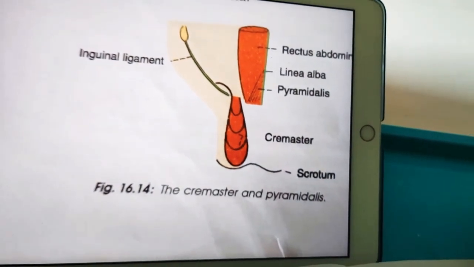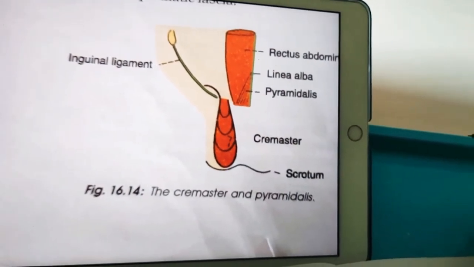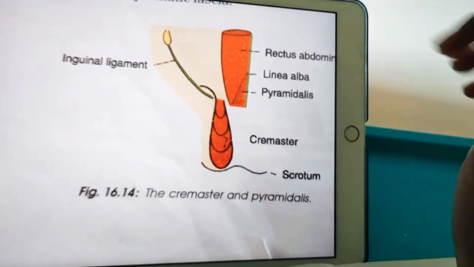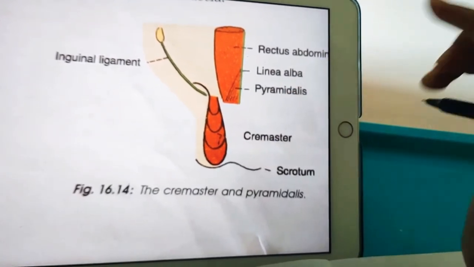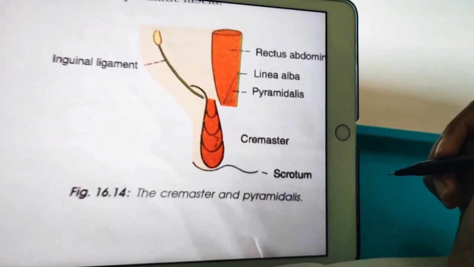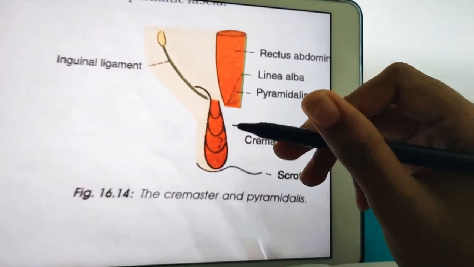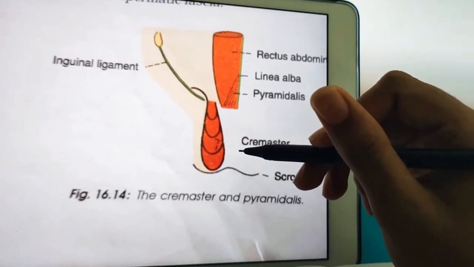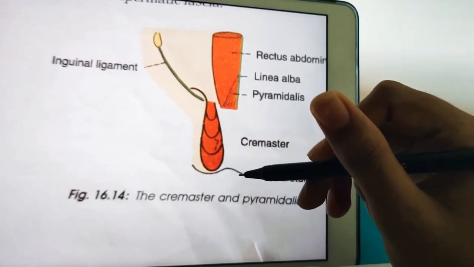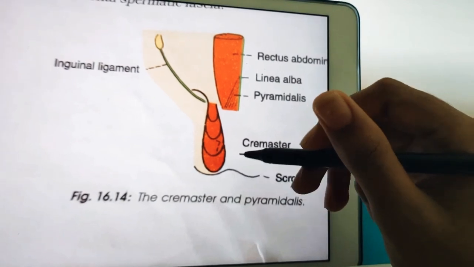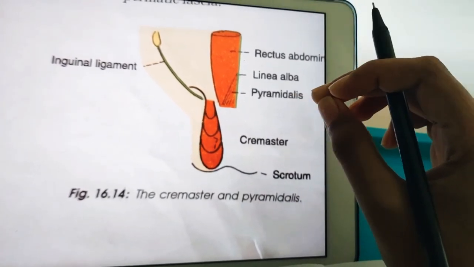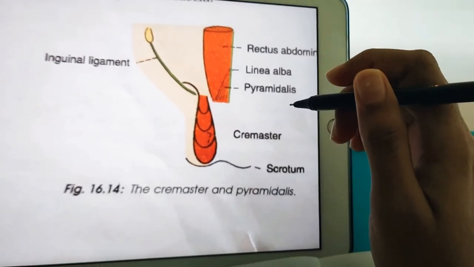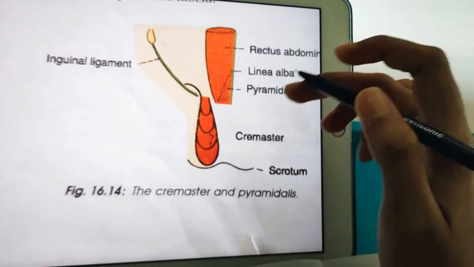So coming to the cremasteric reflex, what is it? The cremasteric reflex is elicited by stroking the skin of the upper part of the medial side of the thigh. If you stroke it, means if you touch it, especially the upper part of the medial side of the thigh, there is a reflex contraction of the cremaster muscle, as evidenced by elevation and retraction of the testes. The reflex is more brisk in children, and in upper motor neuron lesions above segment L1 the reflex is lost. So the reflex will be lost when there is any lesion above segment L1, because L1 is the one which gives the genitofemoral nerve which supplies it, right?